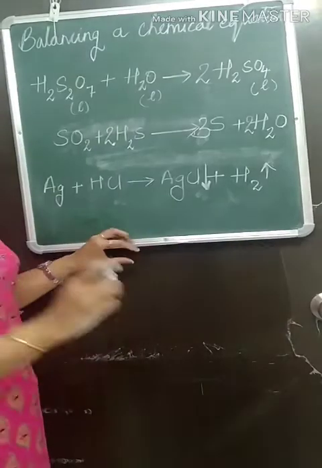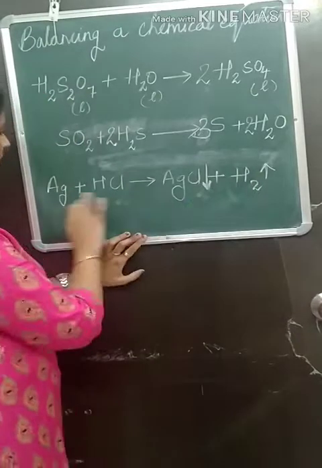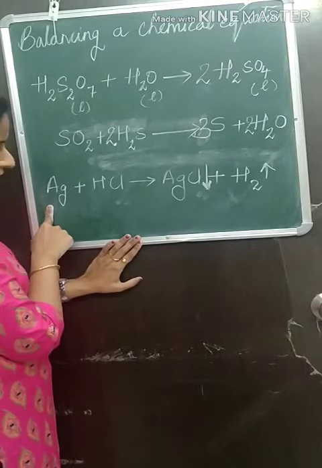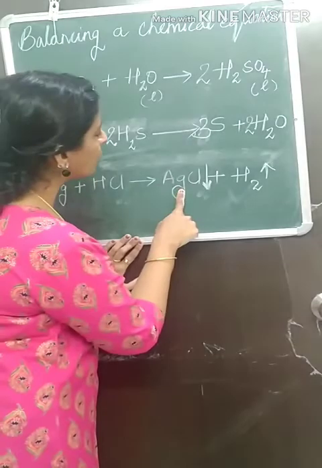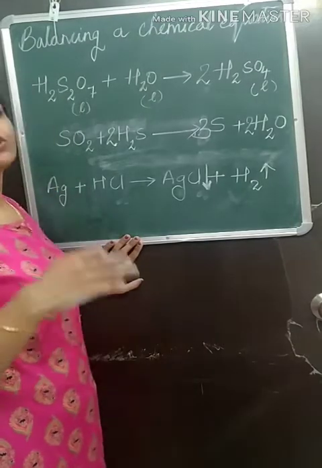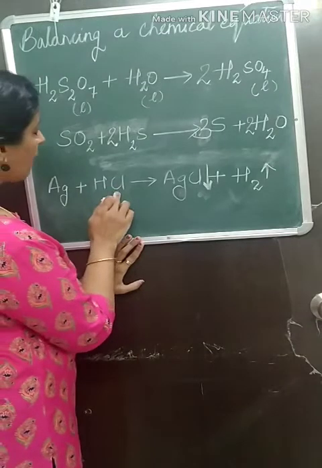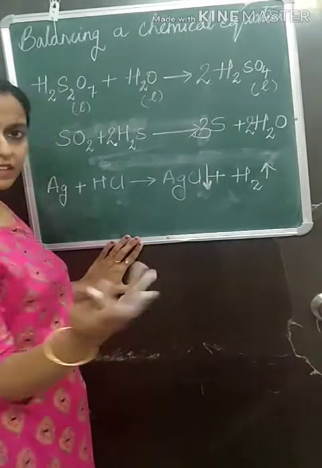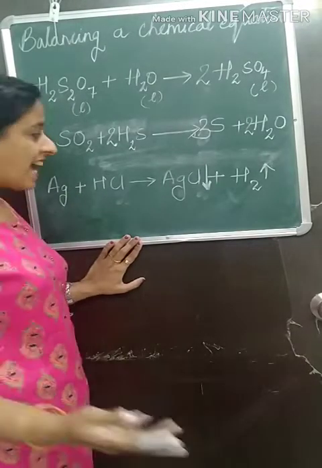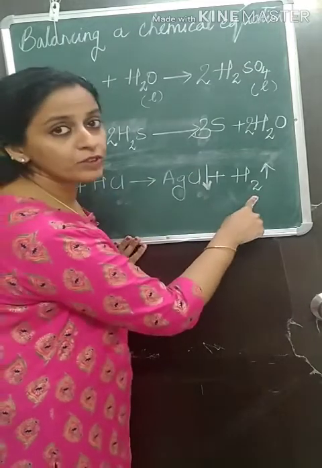So let us start. As I told you, you will always start first with metal. Now here silver is metal, no? Ag, one atom on the reactant side, one atom on the product side. Happy. Then after metal you will go to non-metal. Non-metal here is chlorine, one chlorine, and here also one. That also is balanced. Oxygen is not there. Okay. Then last hydrogen. Hydrogen you have here one atom and here you have two atoms.